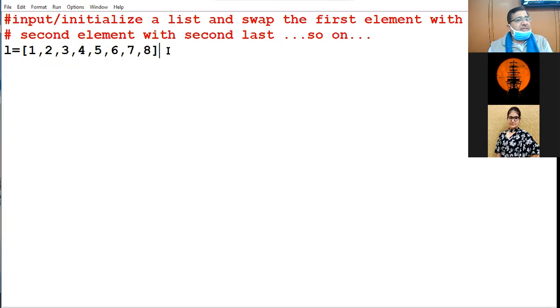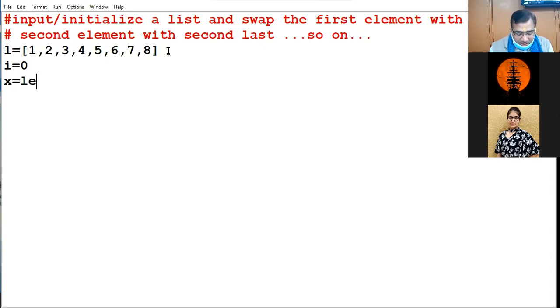So this is the list which I have initialized. Now the concept is the first element to be swapped with the last element. So what I'm going to do, I will put one variable in the front and one variable at the end. In front, I am keeping i. At the last, I am keeping j.